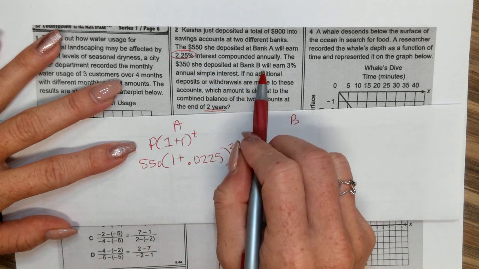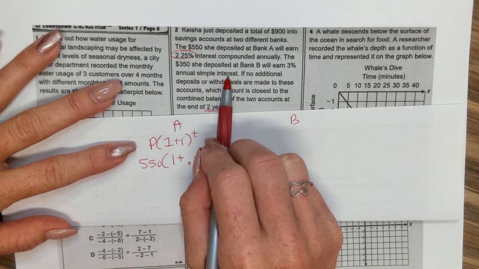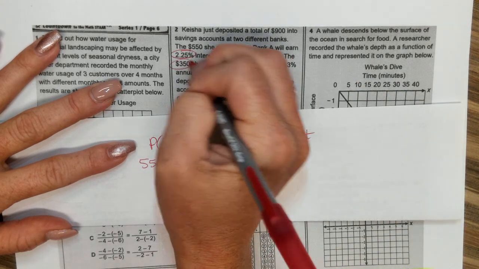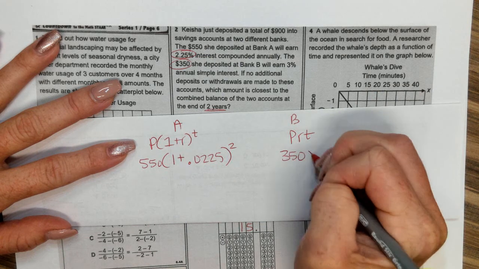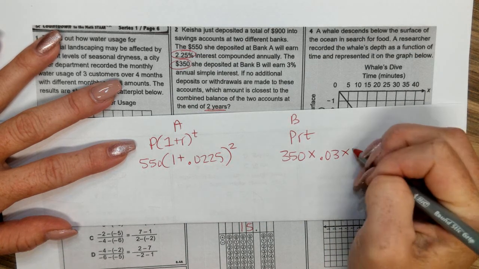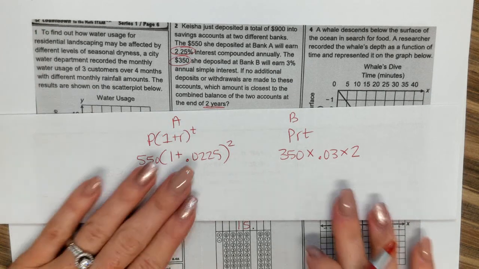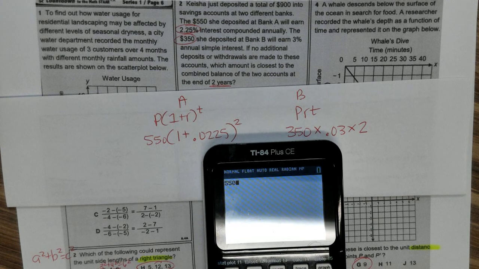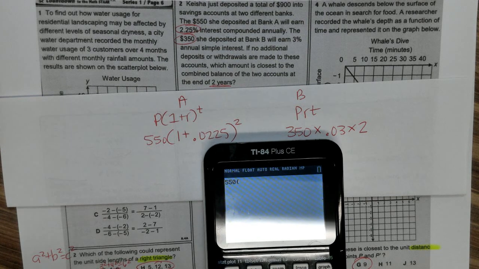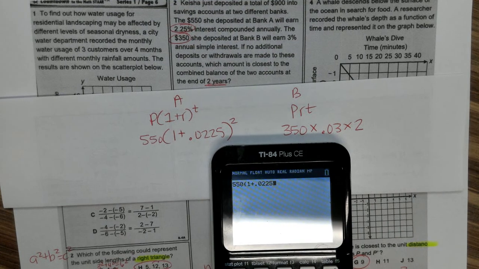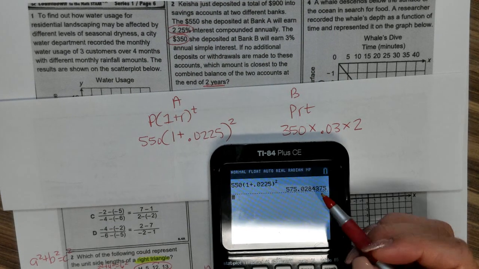All right, Bank B is going to earn what kind of interest? So my formula is PRT. And Bank B, she only deposits $350. The rate is 0.03 because I divided by 100, and the time is 2 years. Will these formulas give me the same answer? Like, were they both going to give me rate or total? No. Okay, this one is